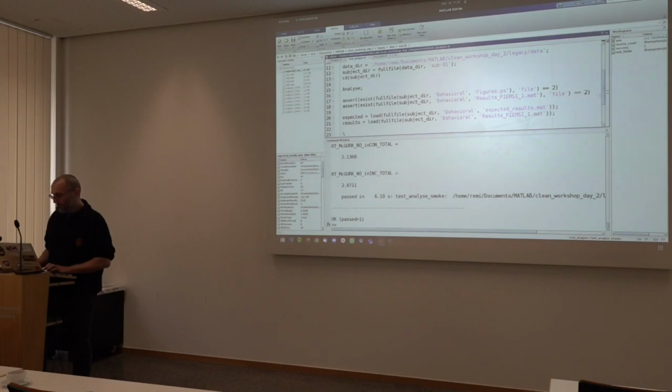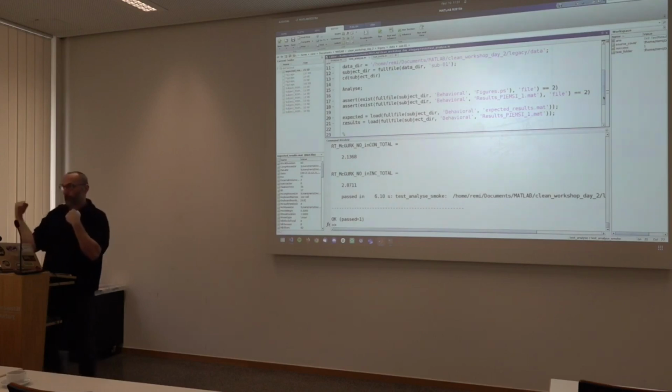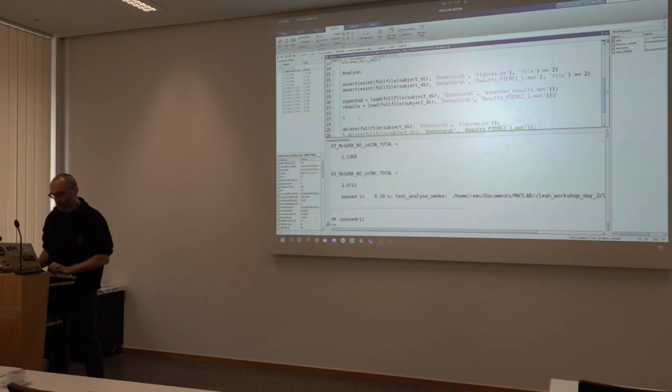And now we just need to compare that the results we've just computed are equal to the expected results. Right now it's kind of obvious that this is always going to be the case, but the moment we start changing our code, this may not be true anymore, right? But at least it gives this relationship between the input and the output that we want to have when we want to run proper tests, right?